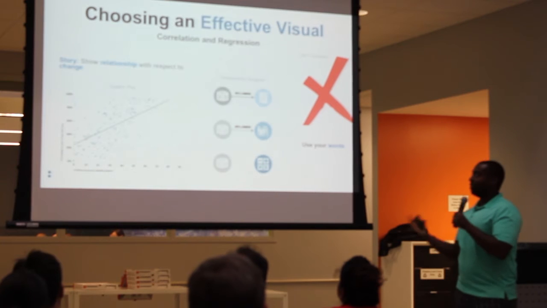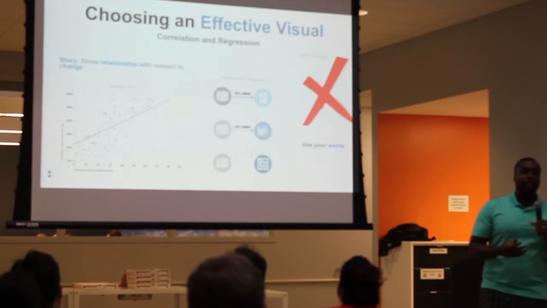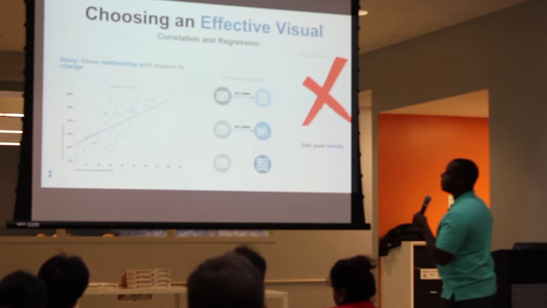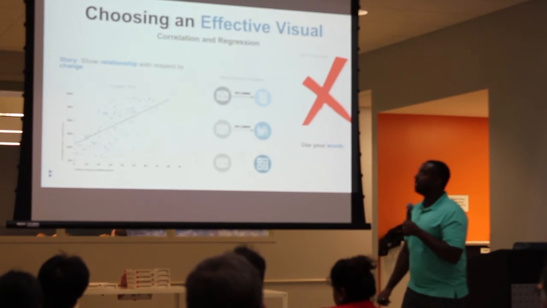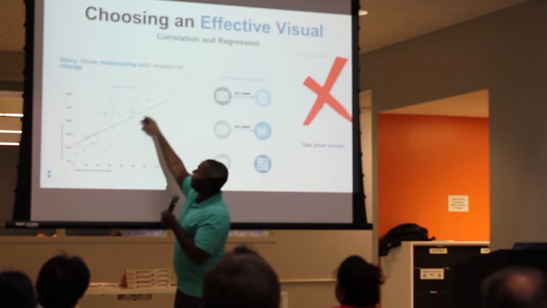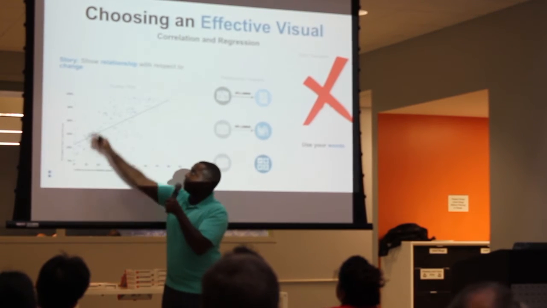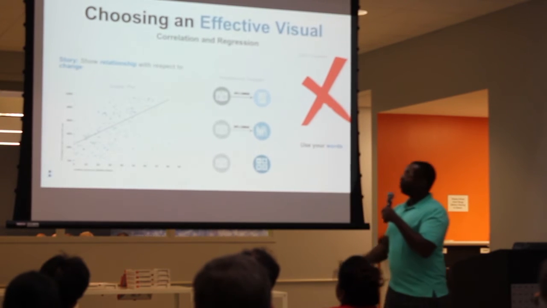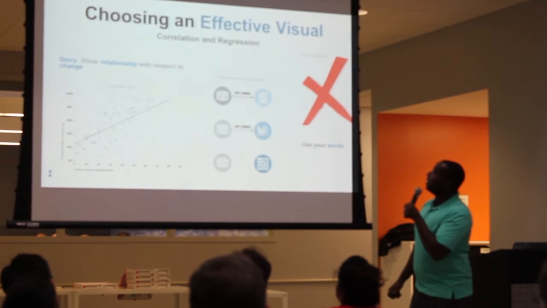If you want to show a relationship between two variables, you may use scatter plots a lot. In case you don't know, things kind of are linear. We know it's a linear relationship, and then we go down as well. And that is one of the best visualizations for doing that.